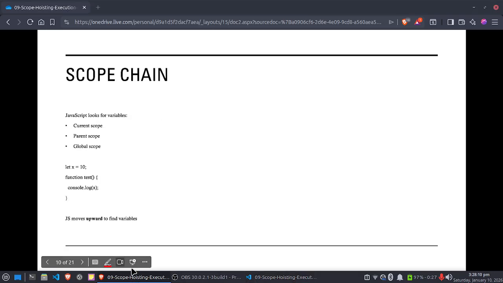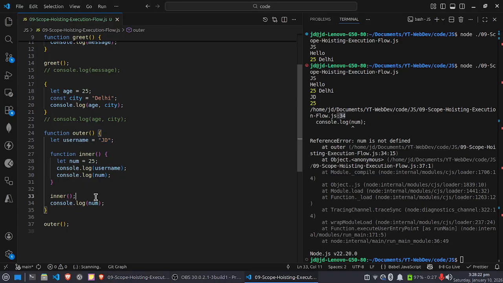Next is the scope chain. When JavaScript looks for a variable, it follows the scope chain. The order is the current scope, parent scope, global scope. Like here in this, if I say,